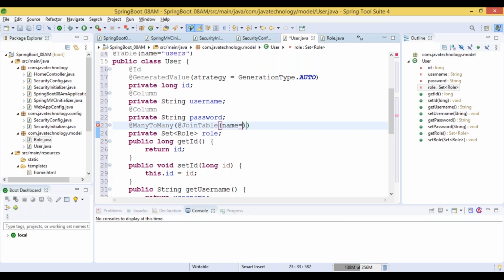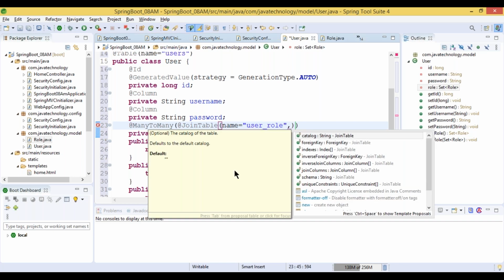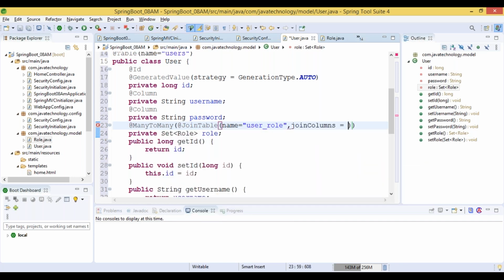The name of the join table we can use is user underscore role, right? Once we provide the name, we need to provide the join columns. Press control space, and we can find the join columns.